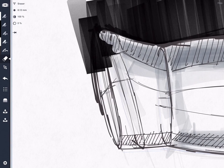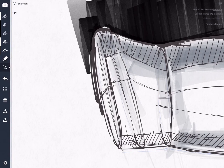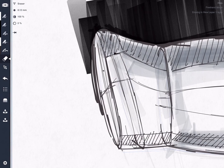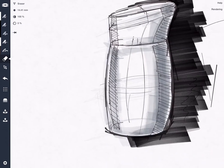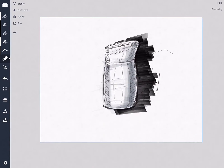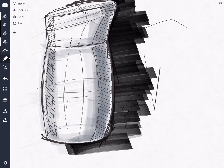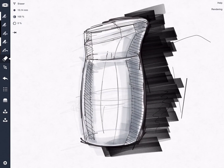So you should not be afraid of sketching. Try to really enjoy it. I find sometimes these really quick doodles very, very pleasurable. And it's always nice as a warm-up exercise or ideation tool. There, look at that. Doesn't look too bad. So marker, ink, pastel pen or charcoal pen, and then some marker,